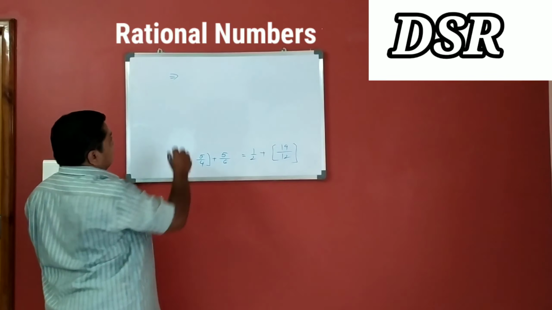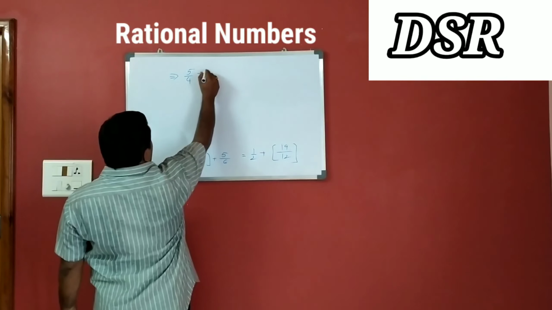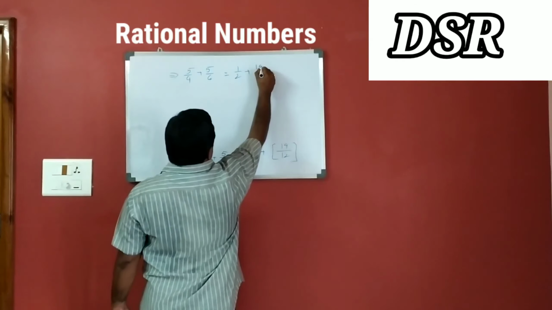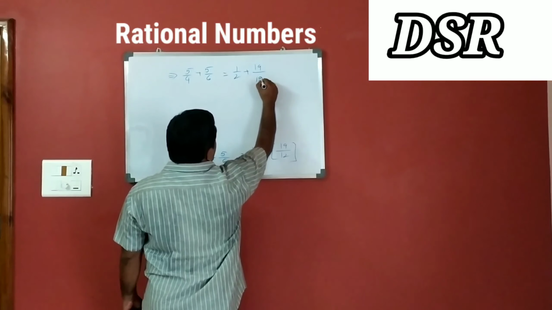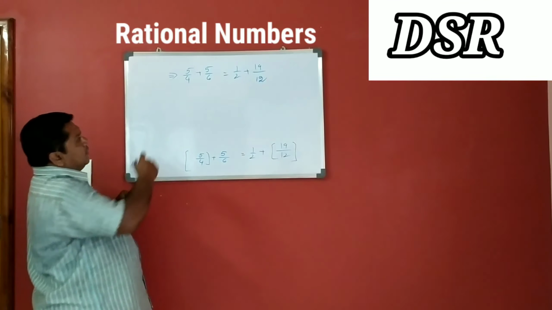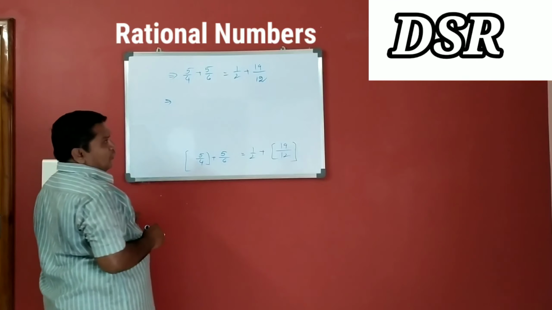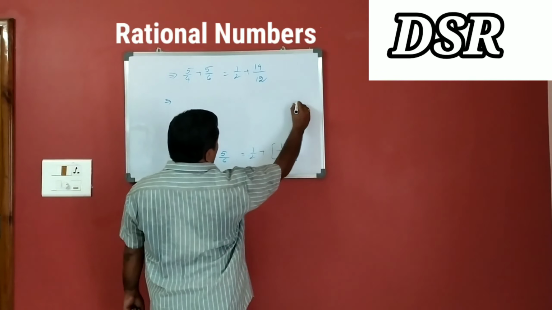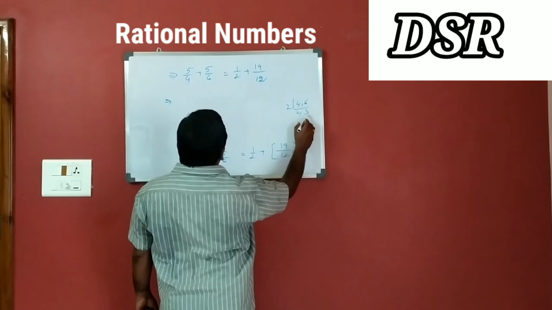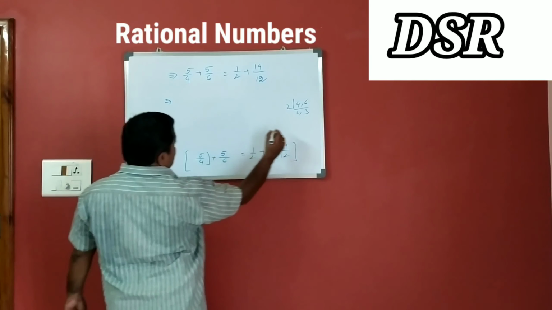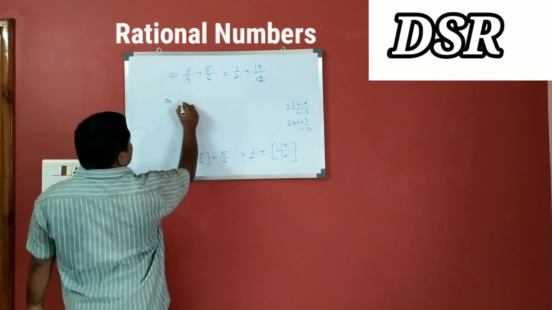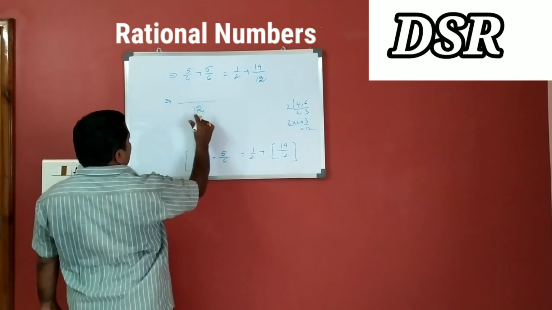Okay. Here what we get: 5/4 + 5/6 is equal to 1/2 + 19/12. Here we have to observe it. That implies the LCM of 4 and 6. 2 twos are 4, 2 threes are 6, so 2 twos are 4, 4 threes are 12. 12 is the LCM. 2 into 3, 2 twos are 4, 4 threes are 12.